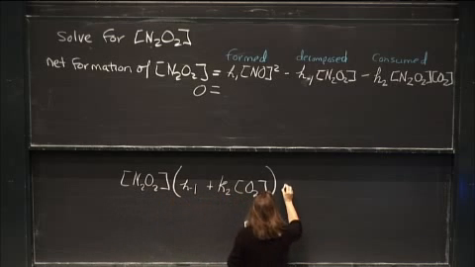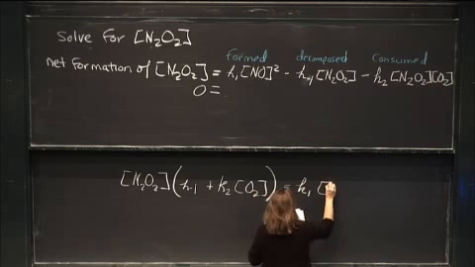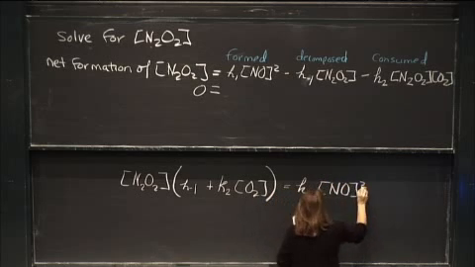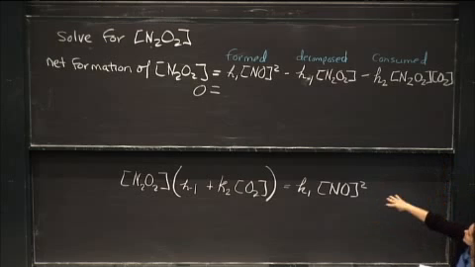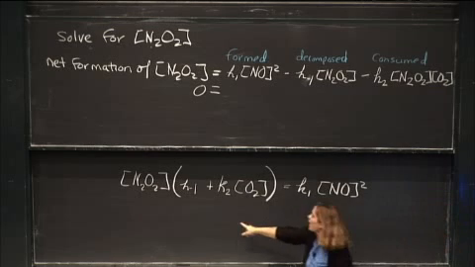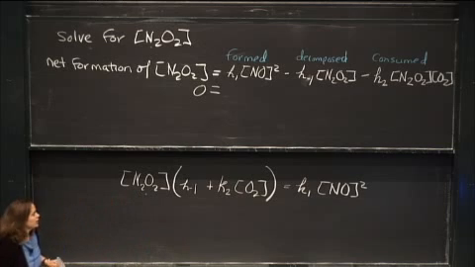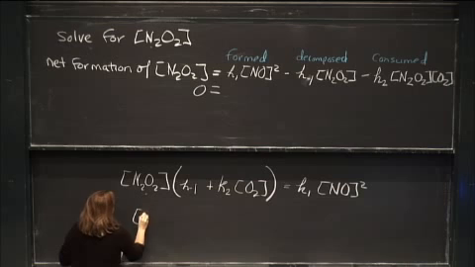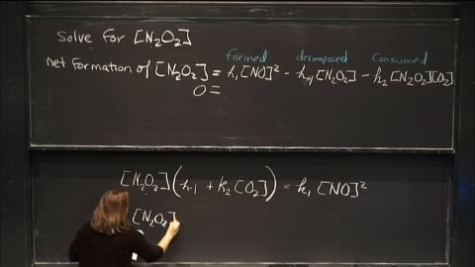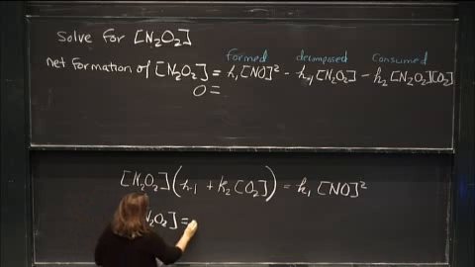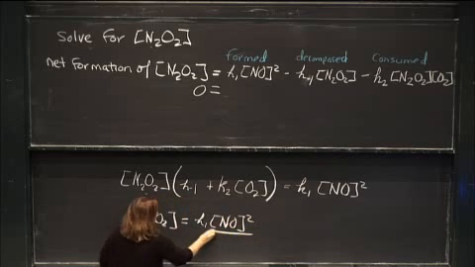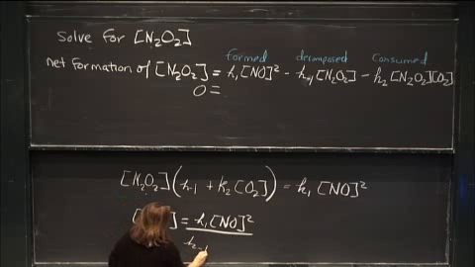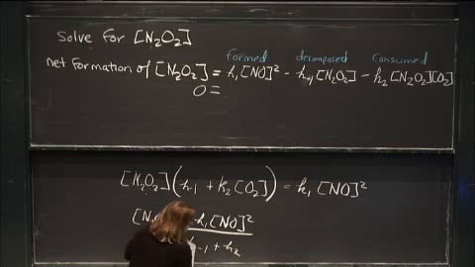And that's going to be equal to the rate at which it's formed, which is another way of expressing the steady state approximation. So we've just moved the decomposed and consumed to one side, and we have the rate at which it's formed on the other side. And now we can easily solve for the concentration of the N2O2. So we're going to do that over here. So that's now going to be equal to k1 times NO squared over k minus 1 plus